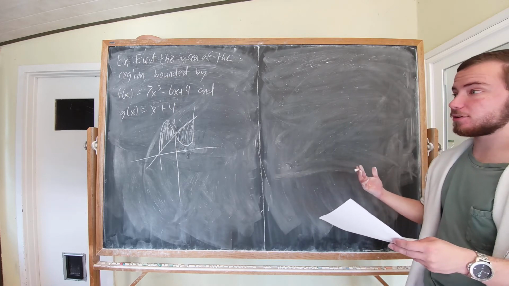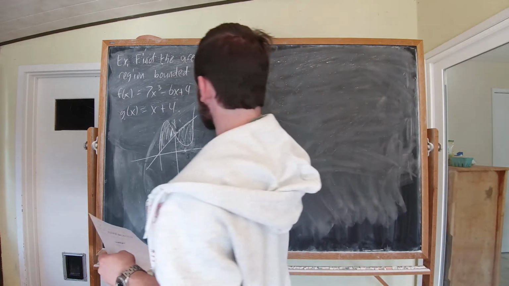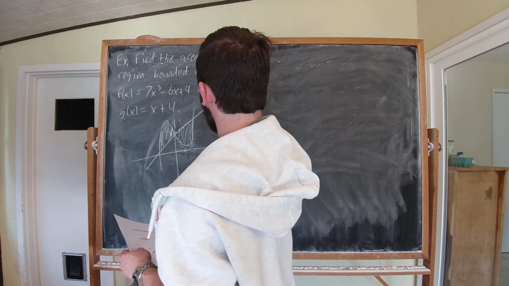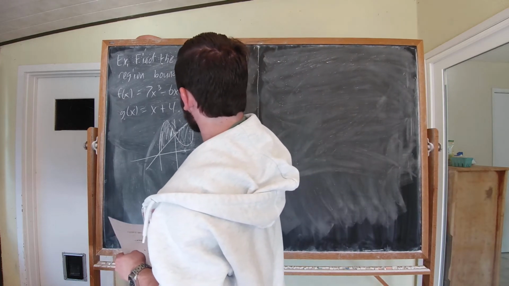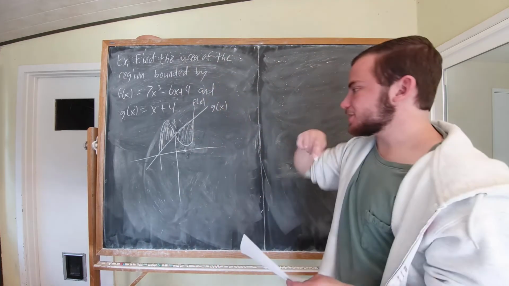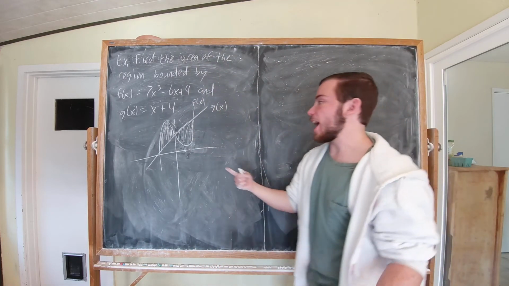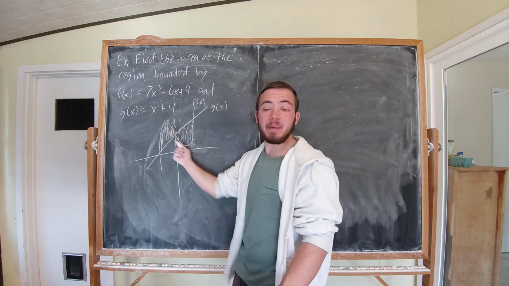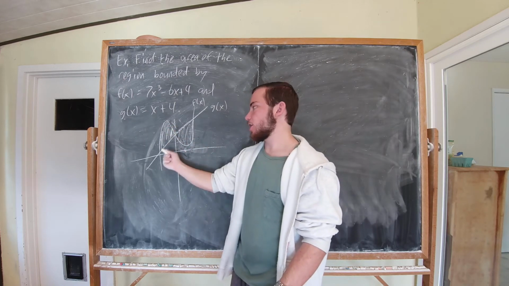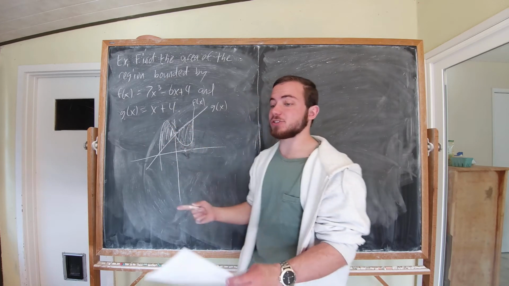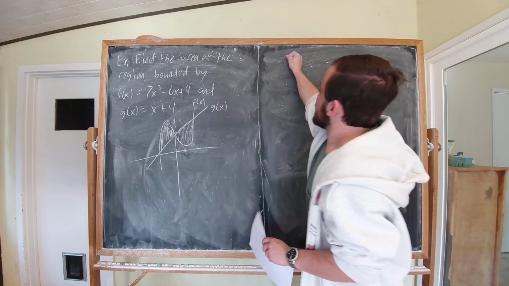How would we set this up? Well, this is our g of x right here, the straight line, and our f of x is the curvy one. So we see we have a very similar setup to last time. F of x is above g of x for a while, and then below g of x for a while. We should figure out where those intersection points are at. So we solve